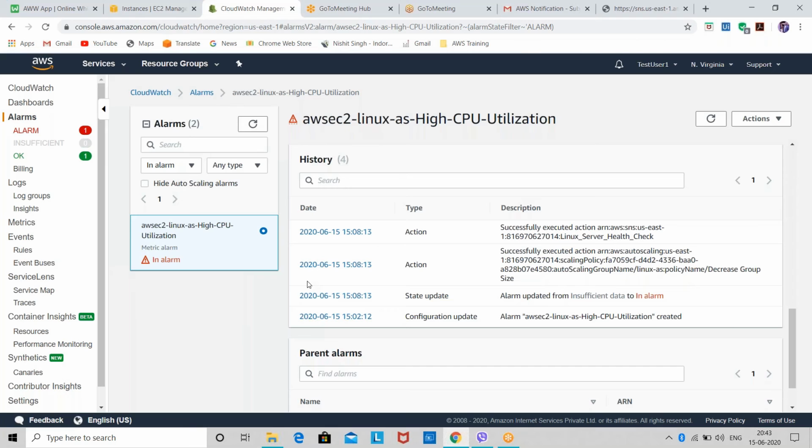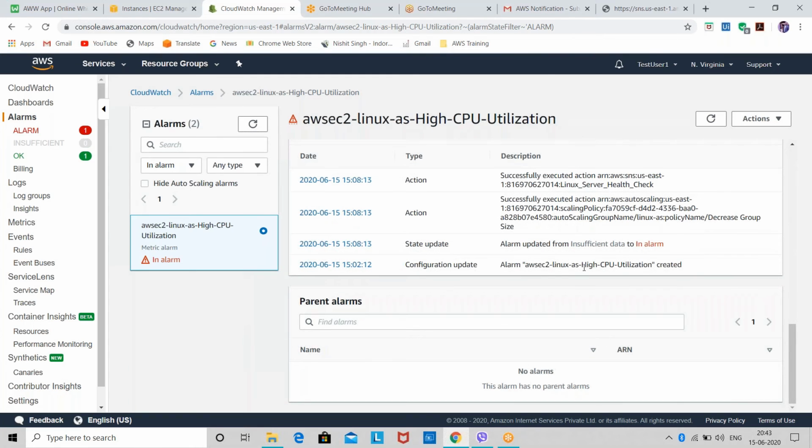You'll only be able to see the time zone of the region in which you are working. These are not the timings of our country. So you can see they have taken some actions against certain alarms and all.